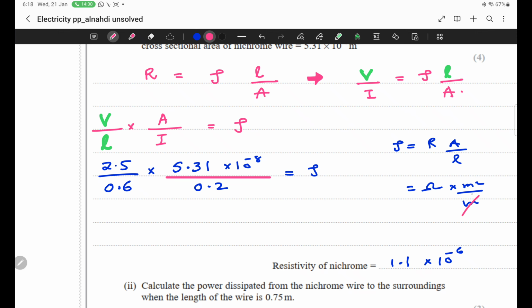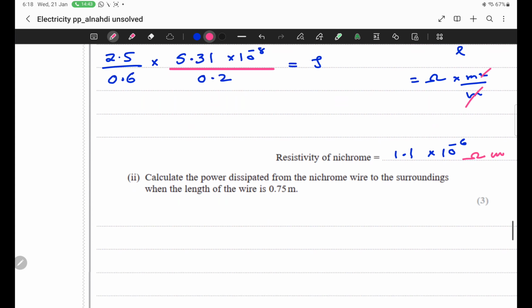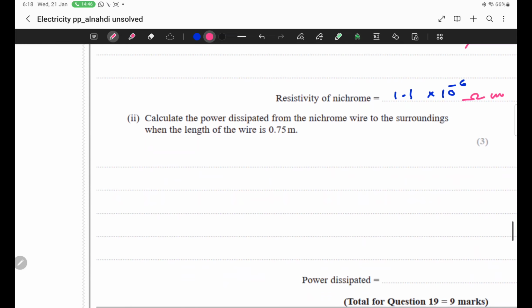Okay beta, so if meter cancels with meter square, the unit of resistivity is ohm into meter. Ohm into meter. Beta, noted? And now they are asking